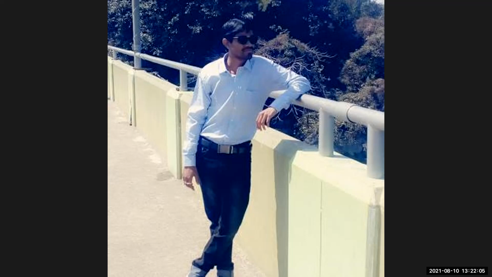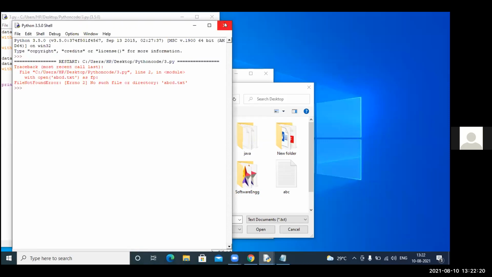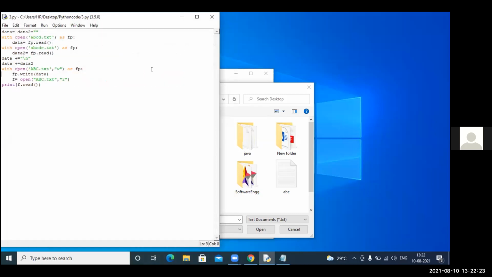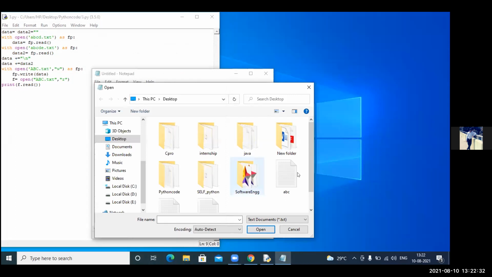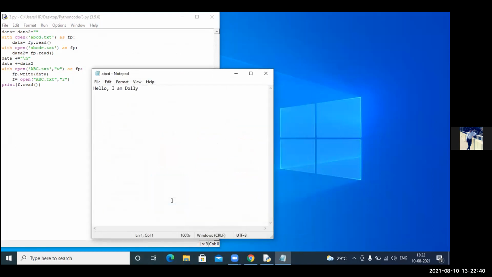Okay, Dolly, you can share your screen. ABCD. So is there any file on the desktop named ABCD? Yes, sir. Is there any value in the ABCD? Okay, value is also present, right? Okay. With append abcd.txt as fp.